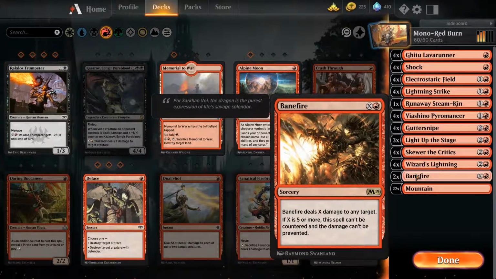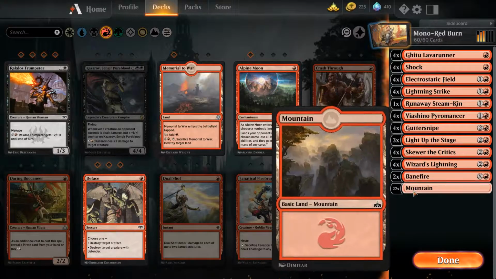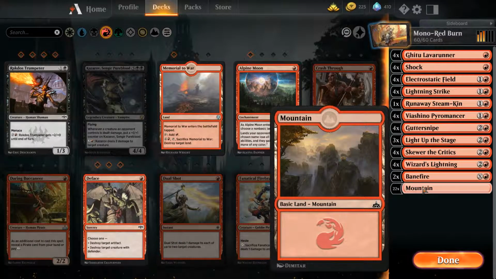Then we got Banefire. Banefire is a good finisher, especially against control shells, where the game's going a long time and you have just decided to not concede even though they have clear board superiority over you and you're just dragging it out. That way you can top deck a Banefire. Just for that scenario, I run 2 of them. If you cast one early game, it's fine. It deals X damage to any target, so you can do a maximum